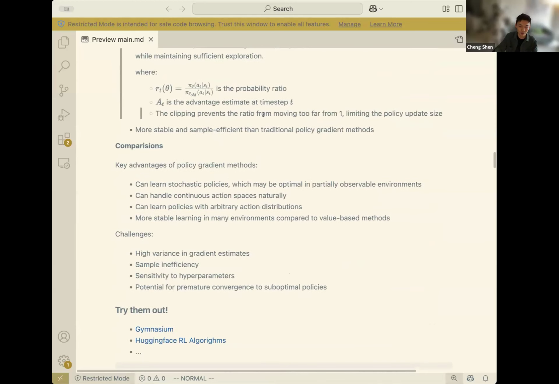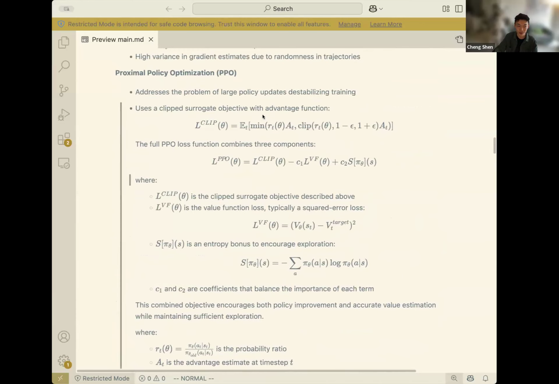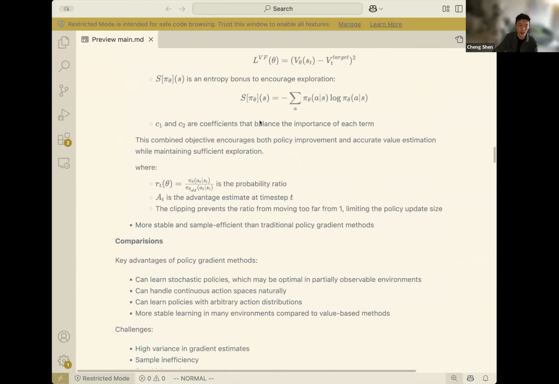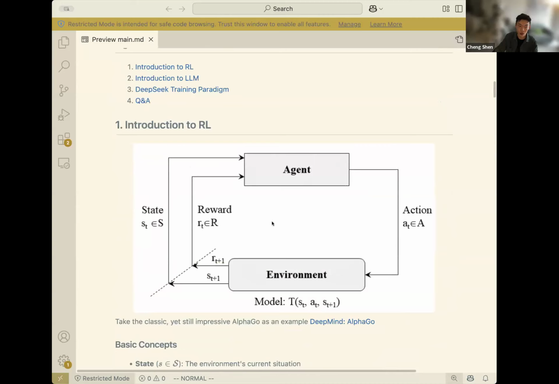So these are all the basic concepts about reinforcement learning for now. If you haven't done reinforcement learning before, this may sound like a lot, but the key point is that we have the policy, we have the agent, we have the state, which is the observation, and we optimize the agent by trying to optimize the reward. This whole process could be unsupervised. Like in Go, we know in the end whether it's a win or loss, and we optimize the agent to take the actions that will lead to a win